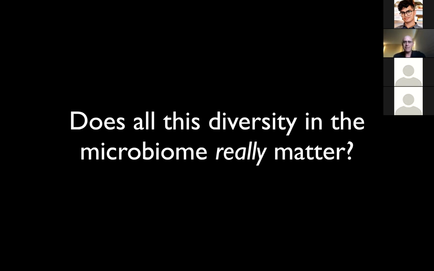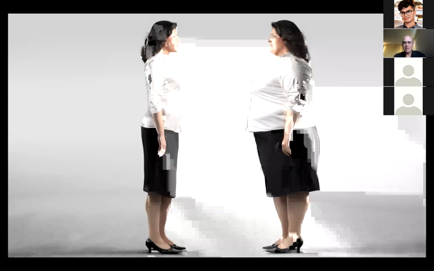And one thing we've worked on for about the last 15 years with a range of collaborators, including Jeff Gordon at WashU, is obesity. And today, for example, I can tell you with about 90% accuracy, using a random forest classifier trained on your gut microbiome, if you're lean or obese solely from the DNA of the microbes in your gut. So on the one hand, this is an awesome trick from a technical perspective. On the other hand, we don't think it has a lot of clinical or commercial potential as a test for obesity, because I bet you can tell which of these people is lean and which one is obese without doing any sequencing at all, right?